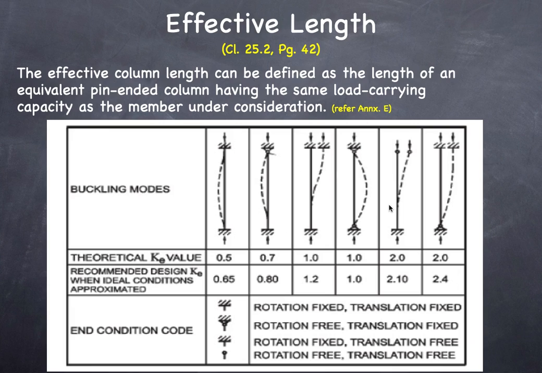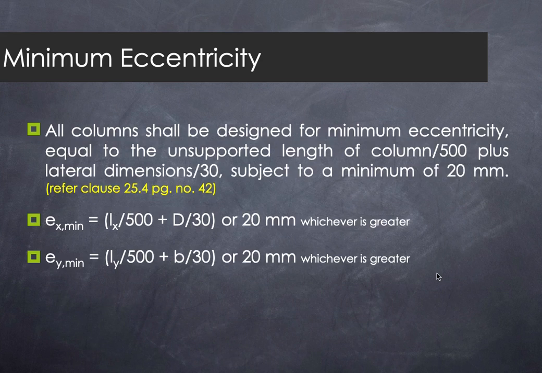Now you already know this, so I am not going to explain it as much. Depending upon end restraint we have the buckling coefficient. So these are the buckling coefficients which we are going to consider. Now, as we have seen in a slide, we have to consider a biaxially loaded column when it has eccentricity about both axes. We consider a uniaxially loaded column when it has eccentricity about one axis, and an axially loaded column where there is no eccentricity for the load applied on it.